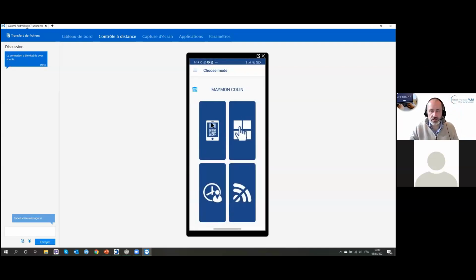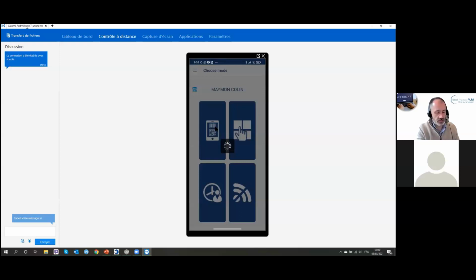So what do we see here? We see four icons. The first one is to open the camera. If I click here, I will open my camera. As I told you before, we can generate barcodes and QR codes in our system, and I can easily go on quality control here, and click on the QR code up there, and the workshop assistant will drive me and will open me the correct